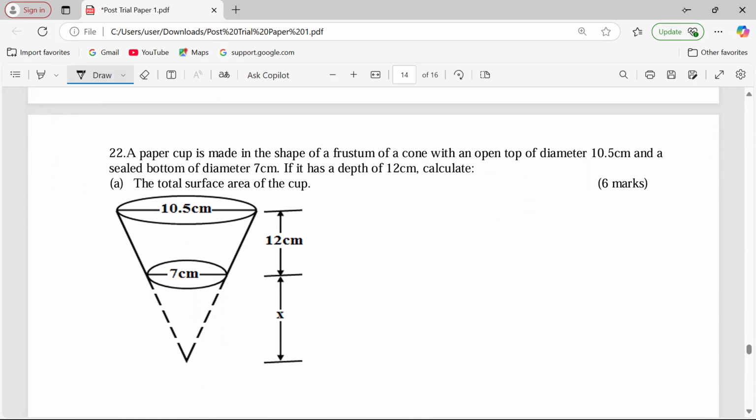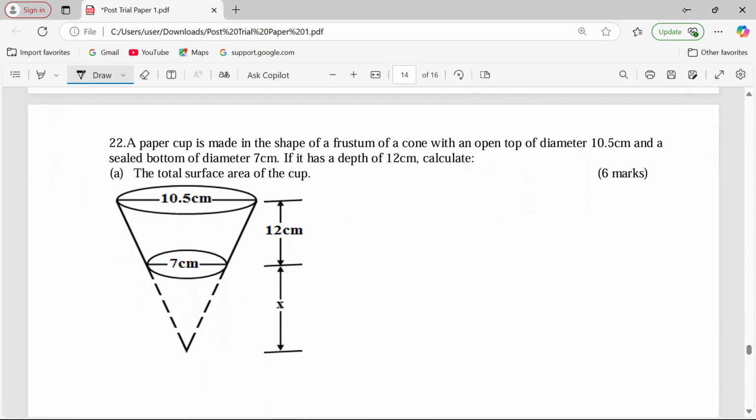Now, in number 22, a paper cup is made in the shape of a frustum of a cone, with an open top of diameter 10.5. Mark well that is a diameter, not a radius, 10.5, and a sealed bottom of diameter 7 centimeters. If it has a depth